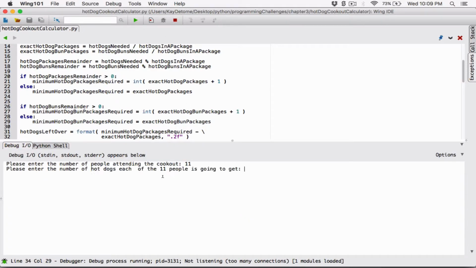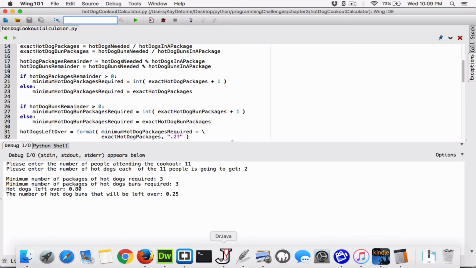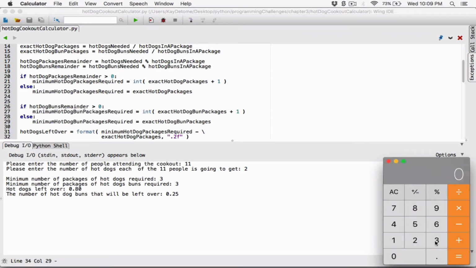So 11, 2. So now we are getting the correct decimal values, right? Because if you subtract 2.2 from 3, you get 0.8. 3 minus 2.2, you're getting 0.8, okay? And if you subtract 3 minus 2.75,